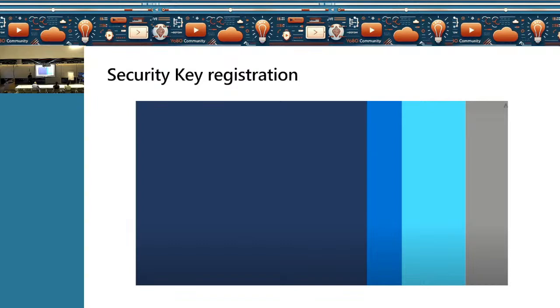Right now, for enterprises, we don't have a feature to sync the keys like Google has, right? Even Microsoft, for end users, we are giving the ability to sync keys. But for enterprises, for your Entra ID, we are not giving this option right now. But I have heard from the product group that this is something they are working on. I don't know if it will come or not, but there's a lot of requests for synchronization of keys.